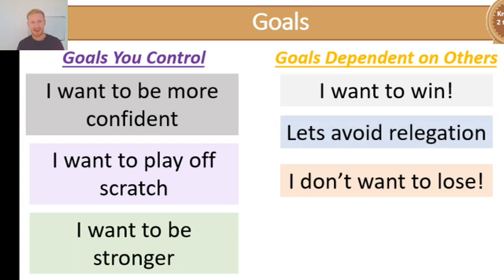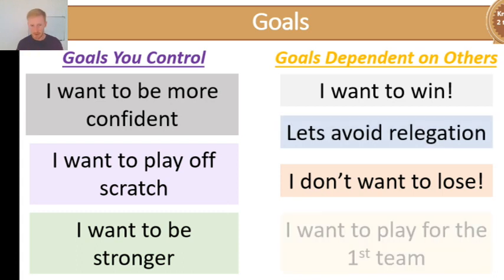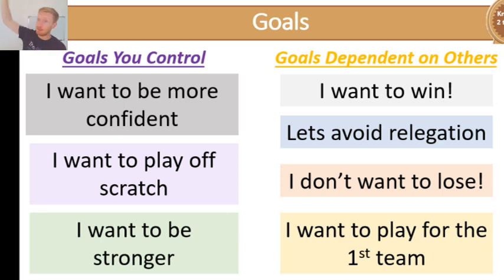Let's avoid relegation. Another one. It depends on other clubs, on other teams, on other performers. I want to play for the first team. Well, so do the 15 people above you in the picking order. So why should you play for the first team if the other 15 are also aiming for that and they pull out all the stops and they train harder, or they get a growth spurt and they're faster and stronger, or they're more confident, or they're more knowledgeable? That's on